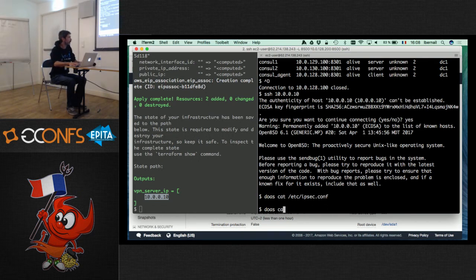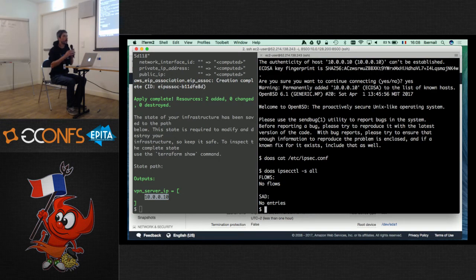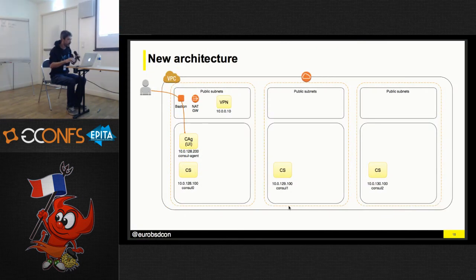If I look at ipsecctl and list all the flows, there's no flow, there's nothing. IPsec is enabled, but there's nothing in there. You remember before we installed console using user data, and this time we did a few more things. So let's have a look at this.